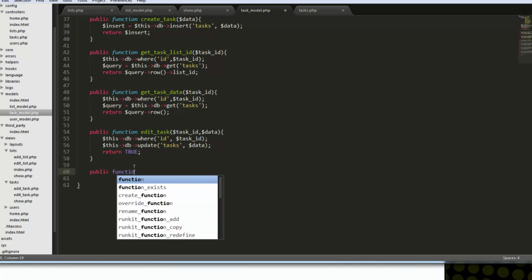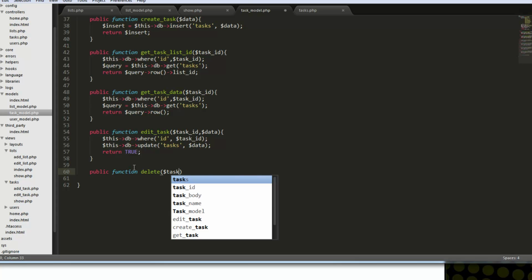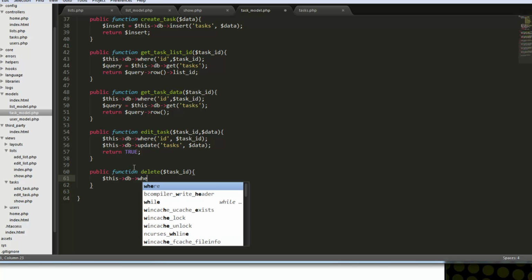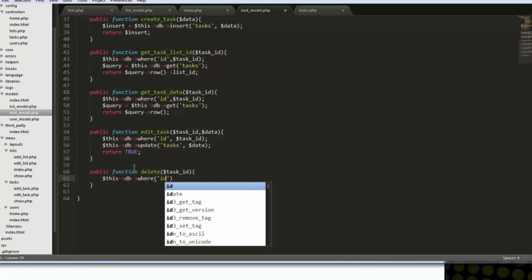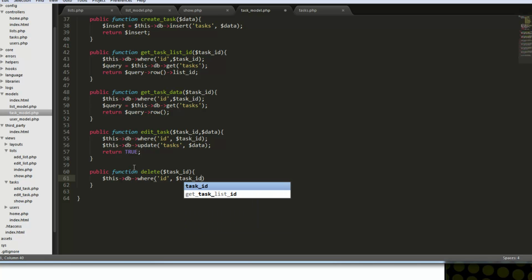So public function delete, and that's going to take in a task ID, and say this DB where ID is equal to the task ID,